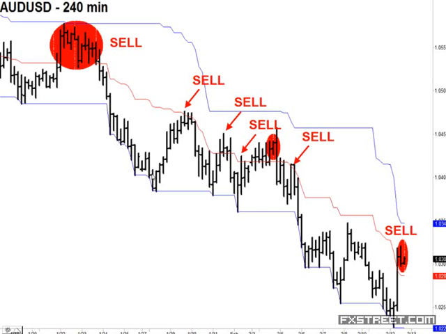The Australian dollar sold off tremendously. Then we had a nice bounce. And someone here would have said, well, I think we're probably changing trend. We're going higher. But the Donchian channels were saying, no, we're still going lower. They're all headed lower. So you would have had an aggressive entry right here. And look what happened. A nice 50 or 75 pip move to the downside. Another aggressive entry here, sell off. Another aggressive entry here, nothing much happened. In fact, you had a conservative entry here, and then the sell-off took place.